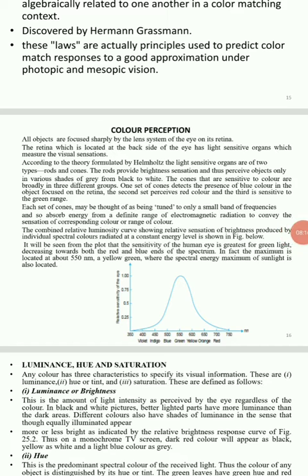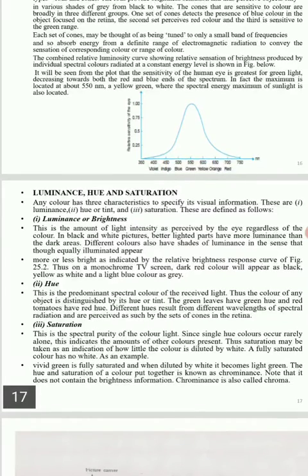So here what we can say, red, green and blue are the primary colors used for additive mixing and subtractive mixing. So here you will get different colors like magenta and yellow, which we can call the complementary colors. So here you will get some idea about luminance, hue and saturation.